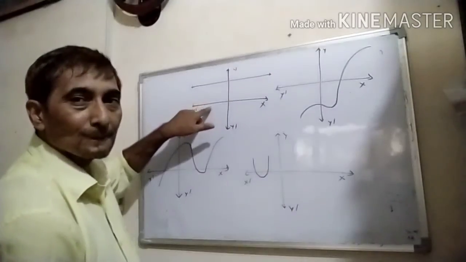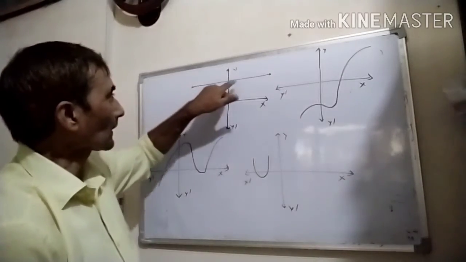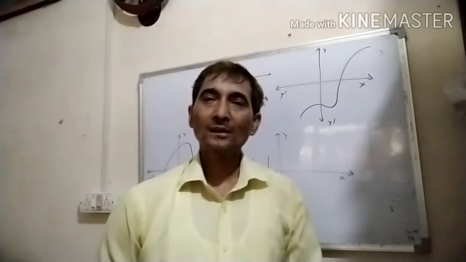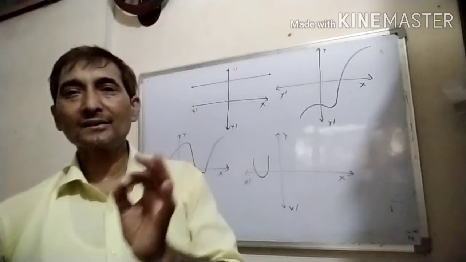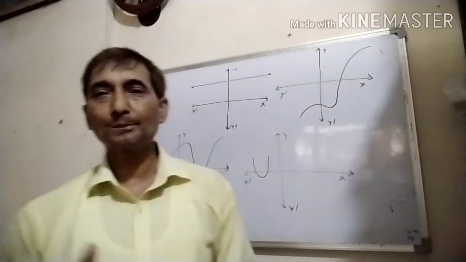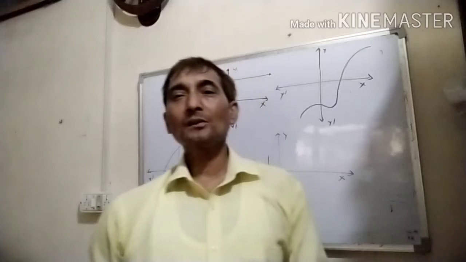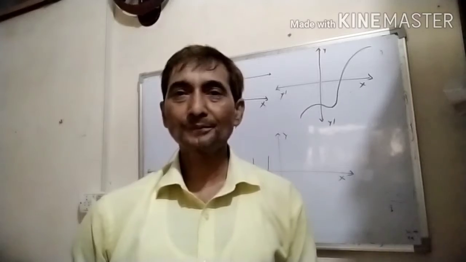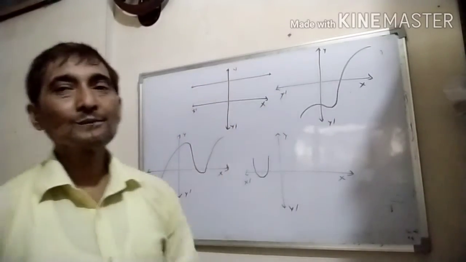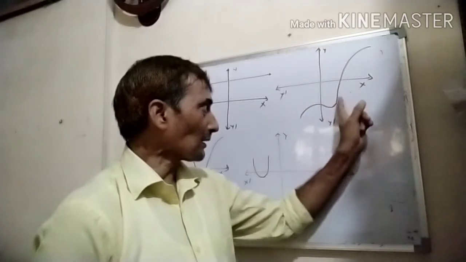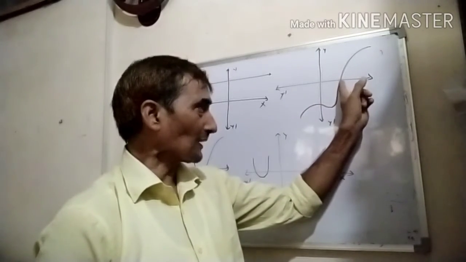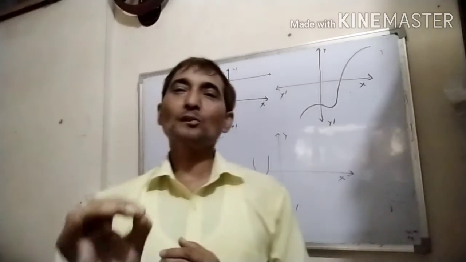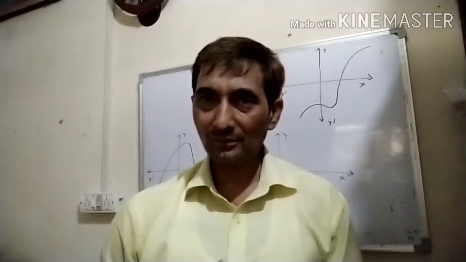According to this figure, the graphical representation of polynomial is parallel to the x-axis. Therefore, it cannot cut the x-axis because it is parallel. Therefore, no zeros of this polynomial. No zeros. But in the second graph, you see the graphical representation of polynomial cuts the x-axis at one point. So, 1 zero of this polynomial is possible.